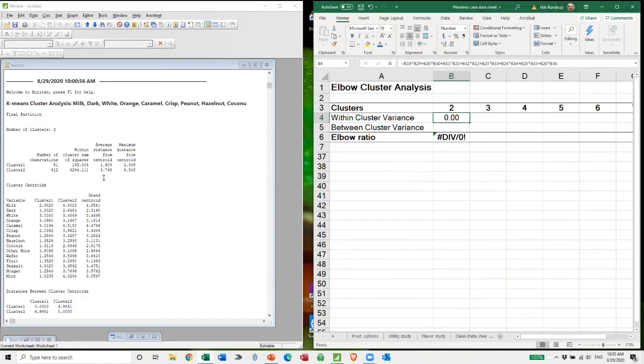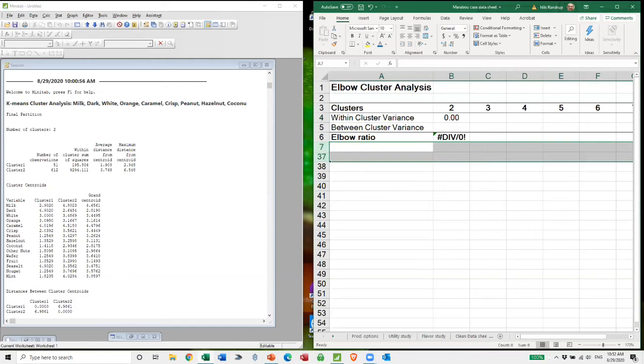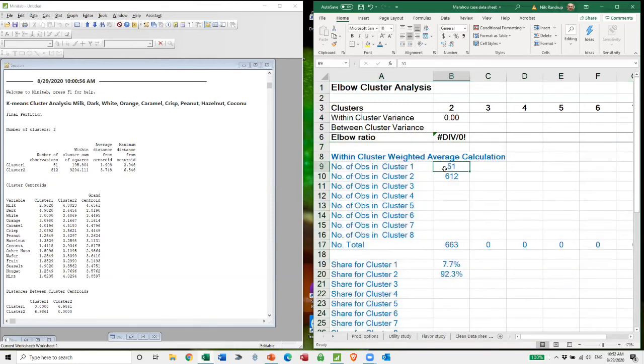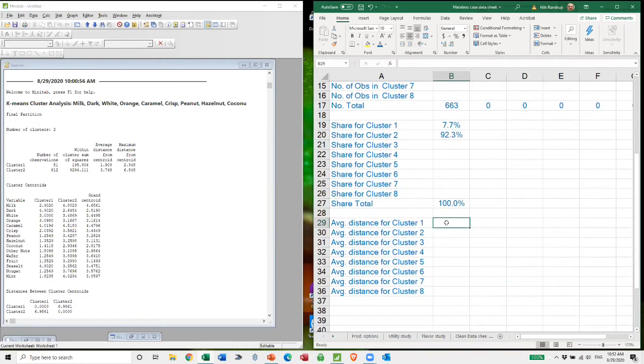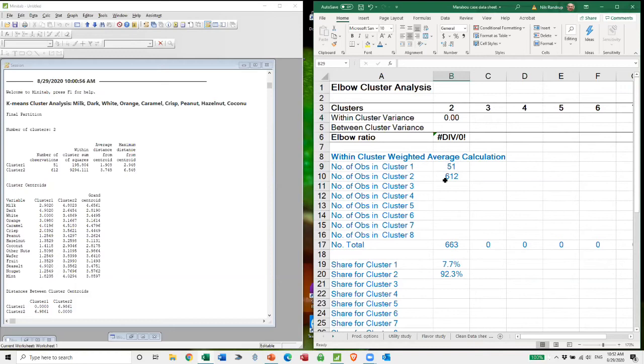So we'll weight the average distance based on the number of observations in each of the clusters. What I typically do is put in a little help chart on the elbow cluster analysis because we're going to do it for a number of different clusters. And my little weighted calculation sheet looks like this. I set up rows so I can input the number of observations. I set it up so I can calculate the share, and then I can input the average distance from the clusters. So here you can see that I put up